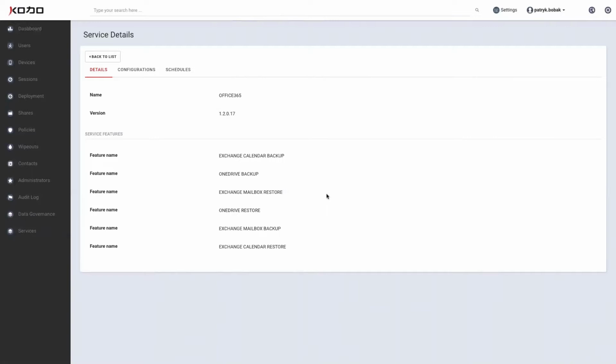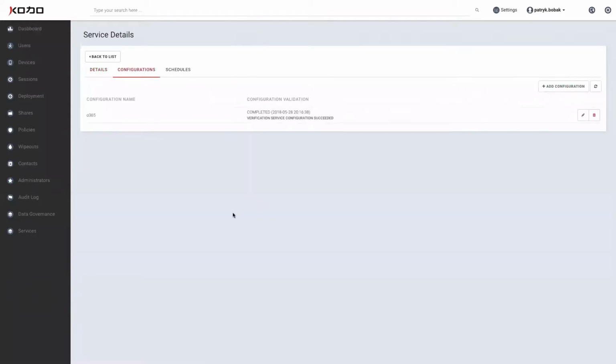So at this moment, we have an Exchange Calendar backup, OneDrive backup, Exchange Mailbox restore, OneDrive restore, Exchange Mailbox backup, and Exchange Calendar restore. In the configuration tab, we have a configuration of Office 365